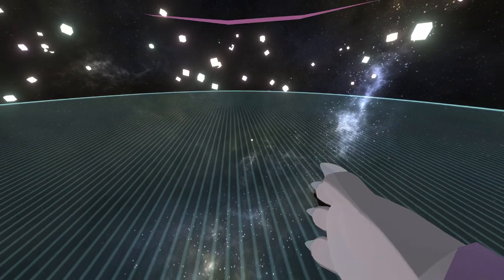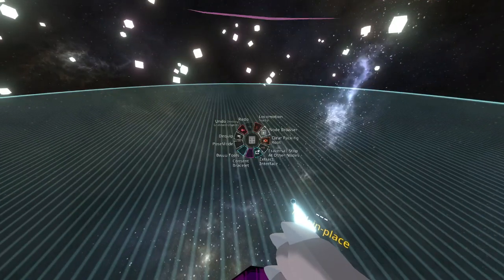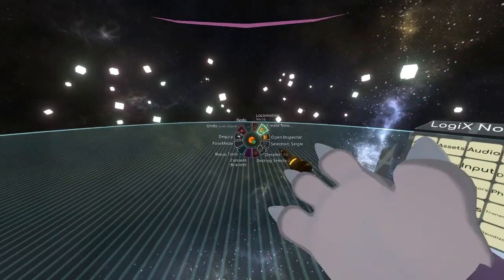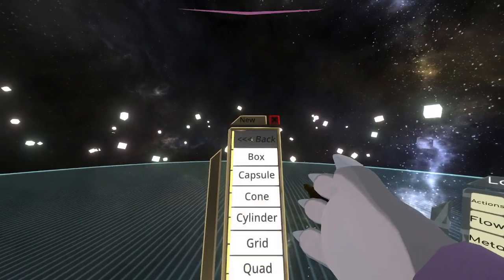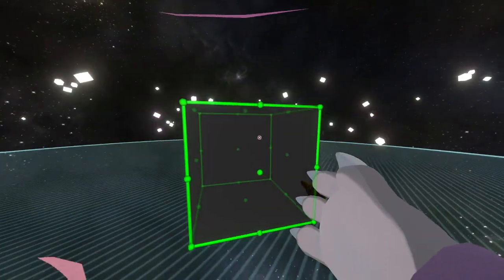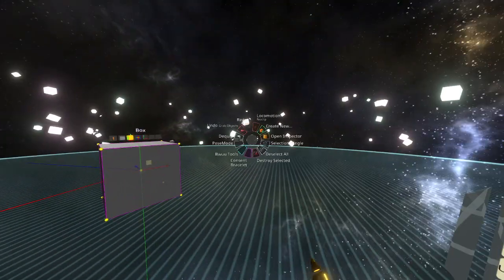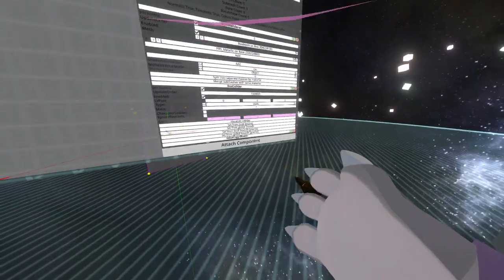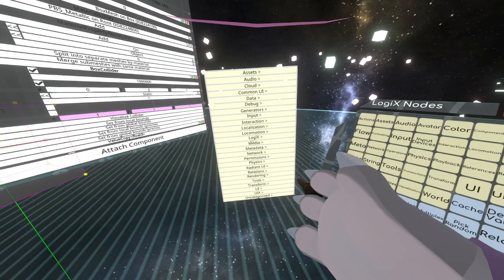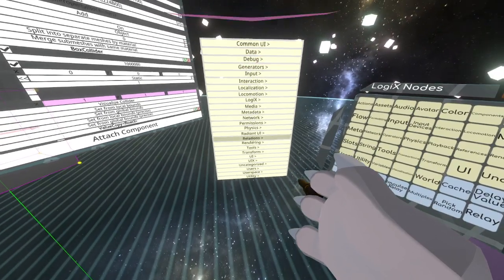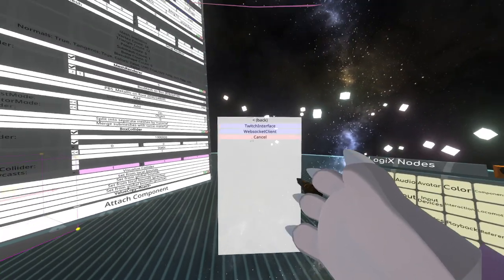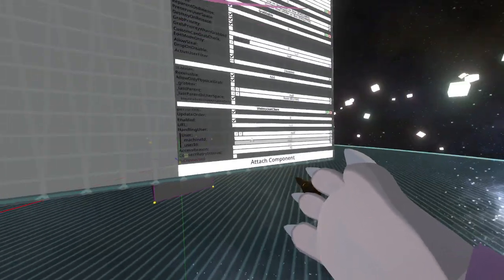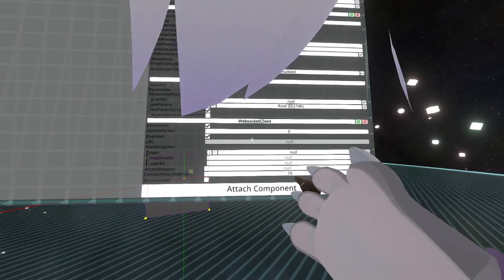So that being said, we're going to want to open our node browser, and we're going to want to create a new box to put this on for the time being. So we're going to open this up. We're going to make this bigger. We want to attach a component to this box. We'll go to Network, Websocket Client,